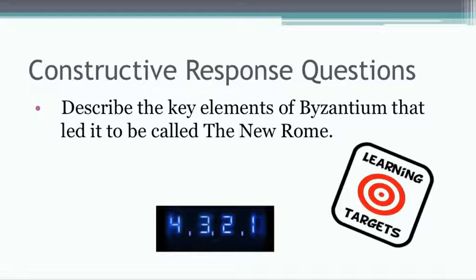So that's going to do it for us here today. Go ahead and rate yourself on a 4, 3, 2, 1 scale. 4 being, I think I can answer this question properly. 3 being, I'm close. 2 being, I've got some work to do. And 1 being, I really don't know what this question is saying. It's always good to self-assess yourself, so please go ahead and do so.